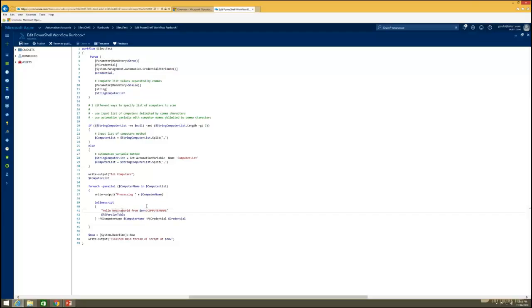So we're going to change it to say hello webinar world, so you can see that this is actually unique. So basically what we do is get the list of computers, we're going to process them all, and for each one we're going to run this script in parallel. It'll tell us processing, and then it'll say hello world, and you'll see the script actually runs physically on the computer that you've deployed it to, and it'll output the PowerShell version table, just so you can see the version. So I edited that. I'm going to save it. I'm going to publish it,